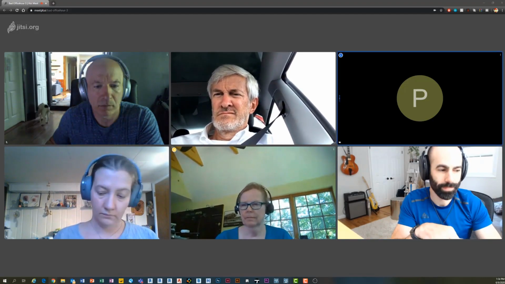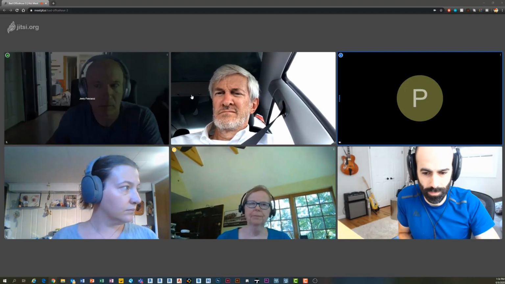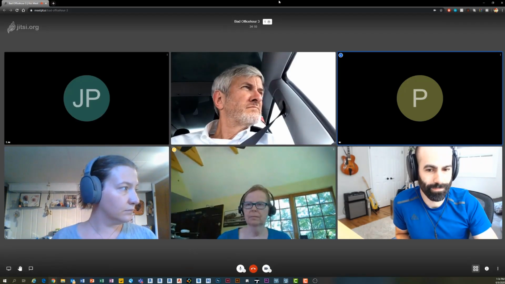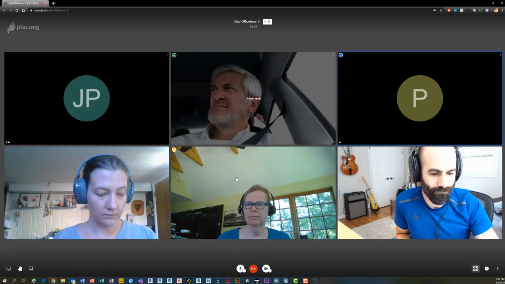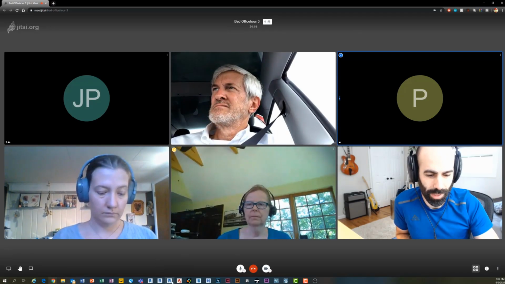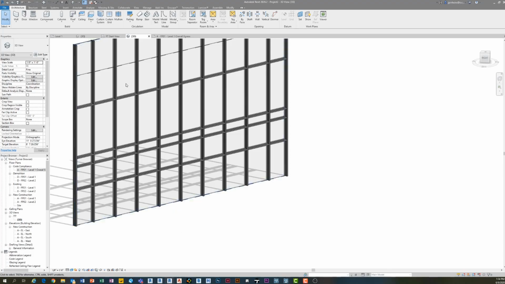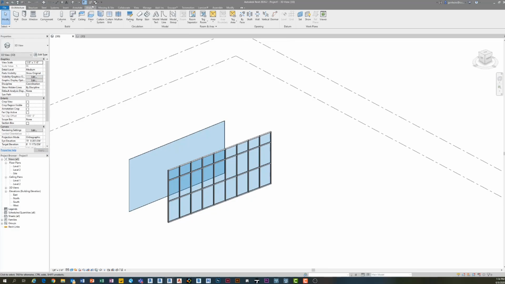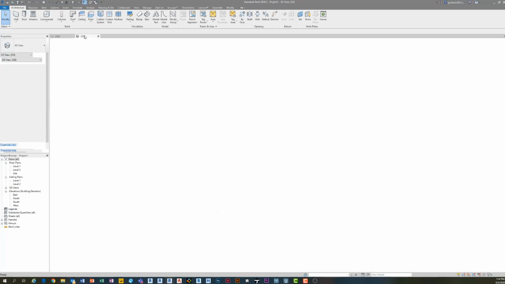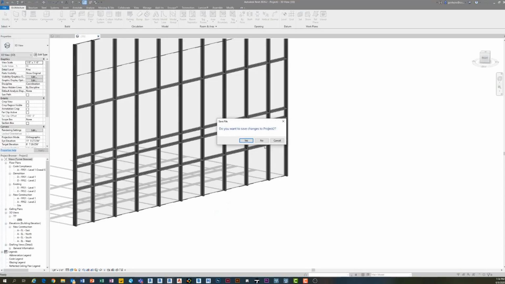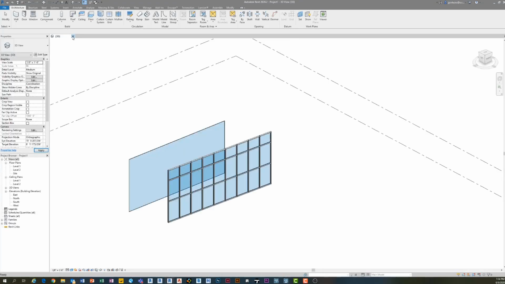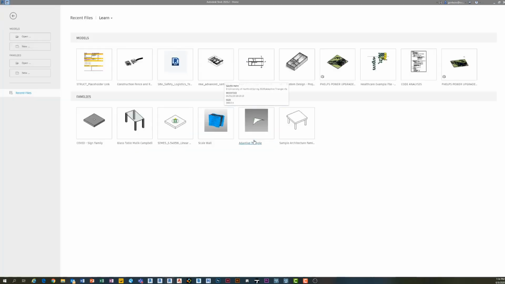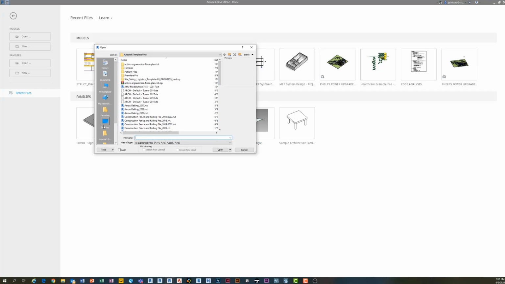Yeah, that's correct. Because I have it all set up in my view template, but then every time I bring the site file in, I got to go back into each view template and just turn them off real quick. Yep. So check this out. This is a really cool tip that I think I might have heard it first from Aaron Mahler, maybe, but either way. So if I was to open up one of a template file,